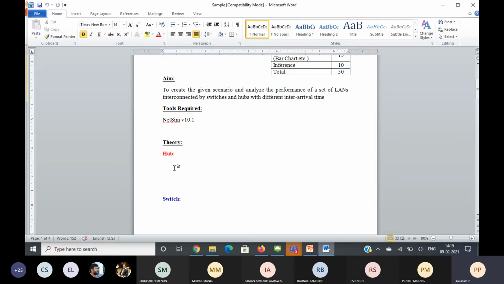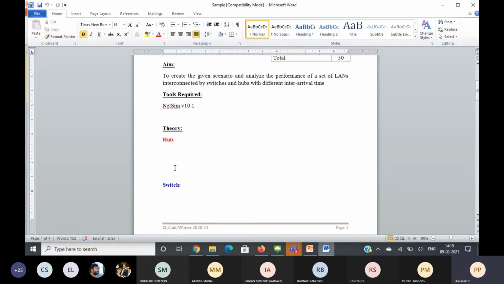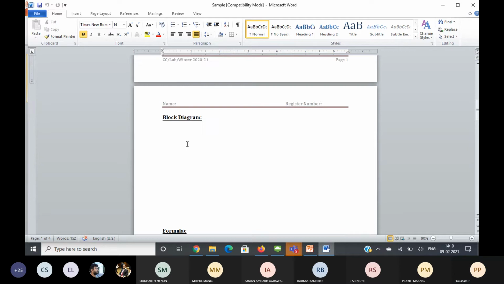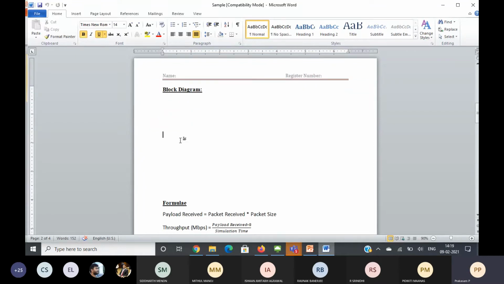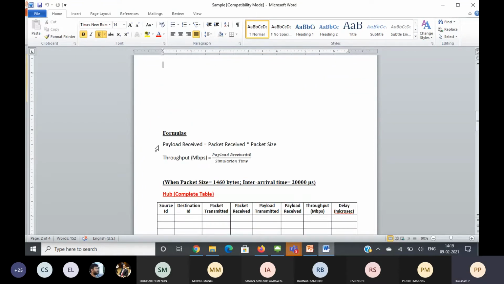Here you have to write a little theory about hub and switch for better understanding. Then the block diagram: create the diagram using NetSim, take a snapshot and paste it. It's a straightforward formula, as in any digital communication.